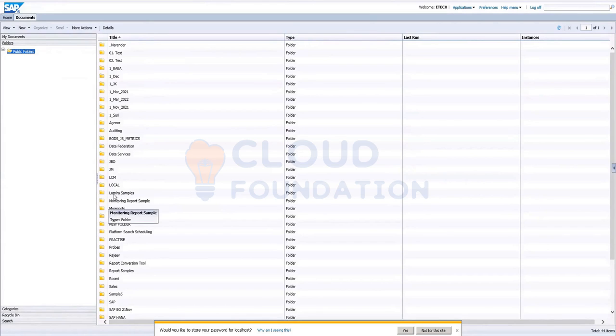Folder level access is also possible. If you want the Sales folder accessible to only a limited set of people, we can create a group in the CMC, add those required people to that group, and map that group to this folder so that only those people can access the reports. That is possible in public folders.